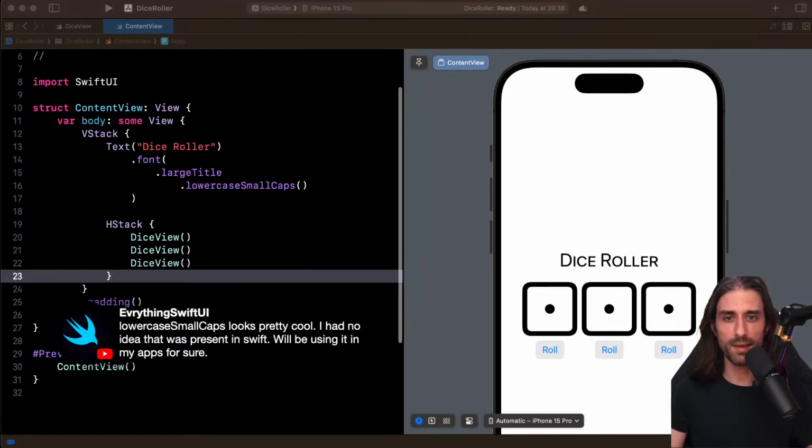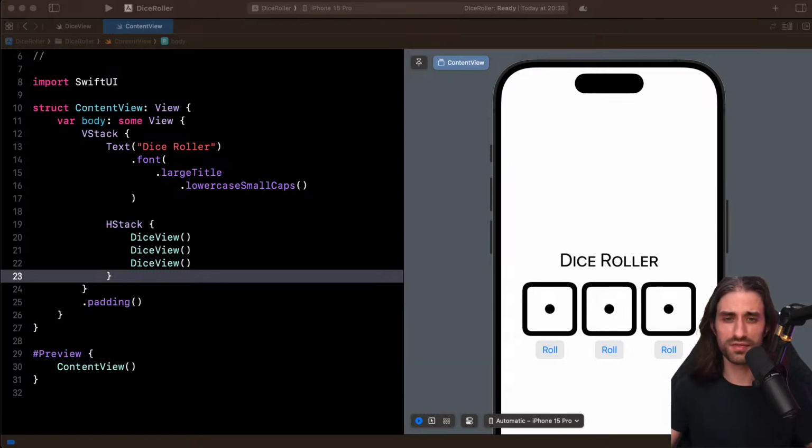We'll be using it in my apps for sure. Yeah, it looks pretty nice. And if you have an app where this kind of aesthetic makes sense, definitely. Like if you're a beginner, don't use it everywhere. Don't use it for a long copy of text typically, but for a title that is a little bit stylized, and in this case, it gives a bit of a retro feeling, you know. So I think it plays really nice. So yeah, really cool of Apple to call this feature out, because I had no idea that you could do it.